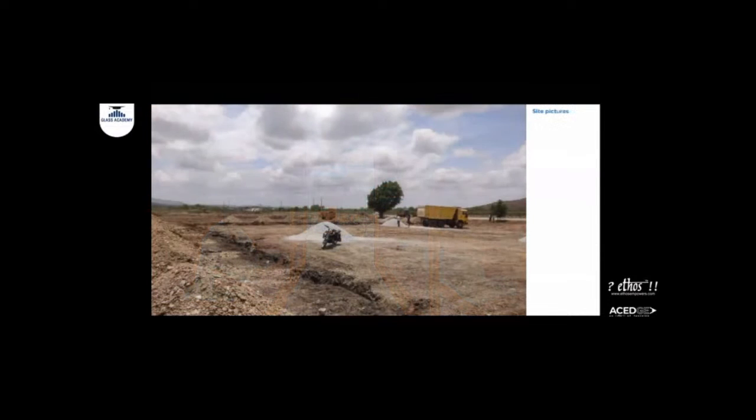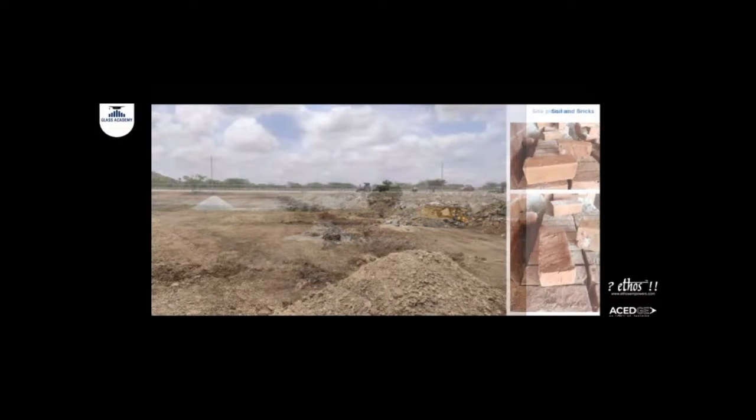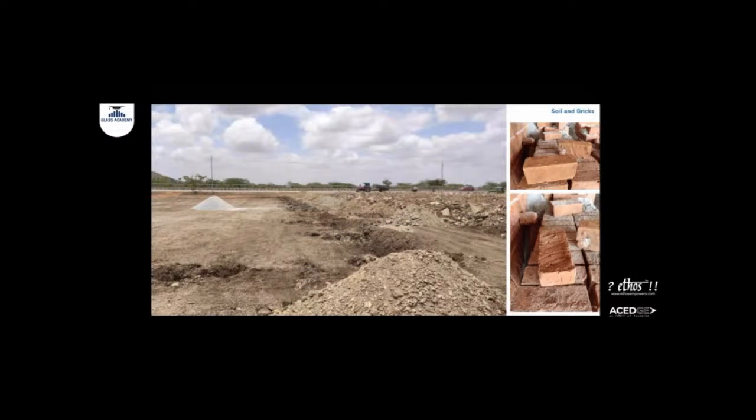And these are some pictures of the site. I'm just showing them to give you an idea of how the context looks, because we saw everything in those rendered images. So we have just started hitting the site where they started lining out, and it's all beige color soil. And we thought we would use the bricks from the local kiln. So even the color of the soil becomes very important in that case to represent the architecture.